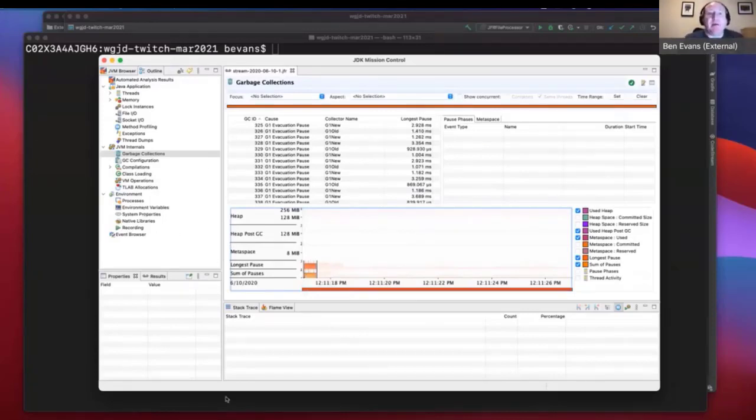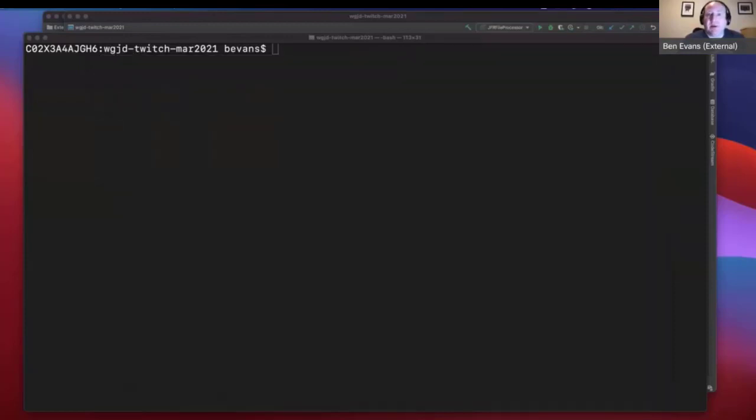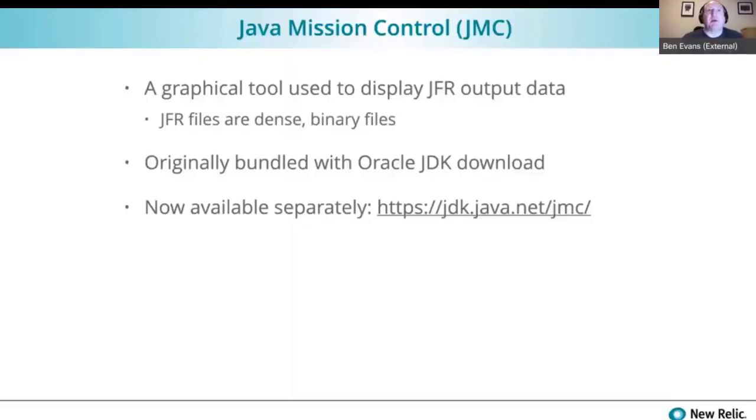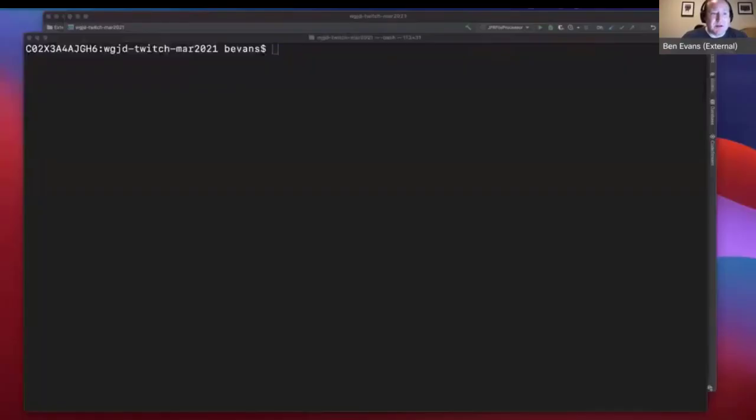There's tons more here. I don't have time to do it all. So instead, I'm not going to. I'm just going to come back and move on. So if you want to have a play with that, there's a separate download, jdk.java.net. And I will skip past all of my slides and come to the other demo that I wanted to show you,